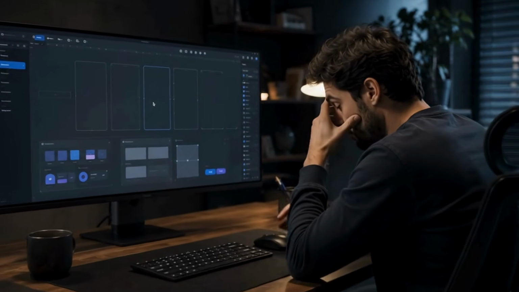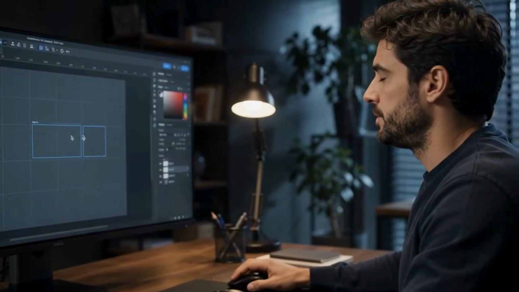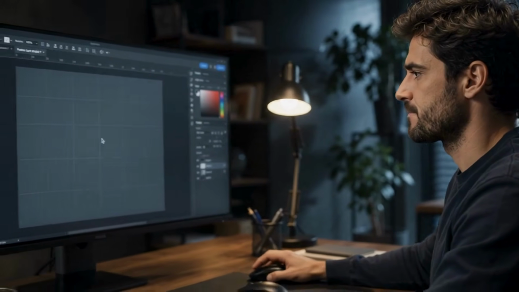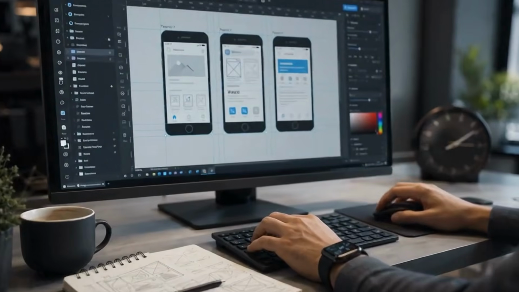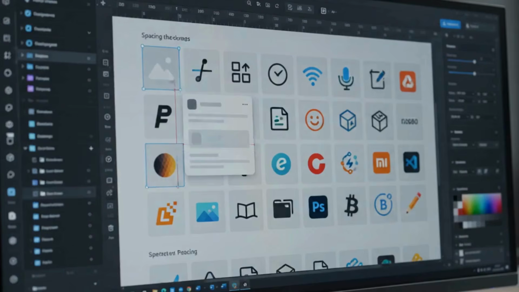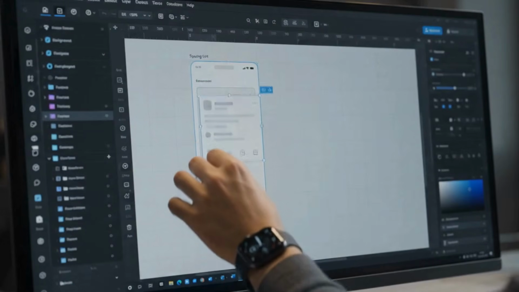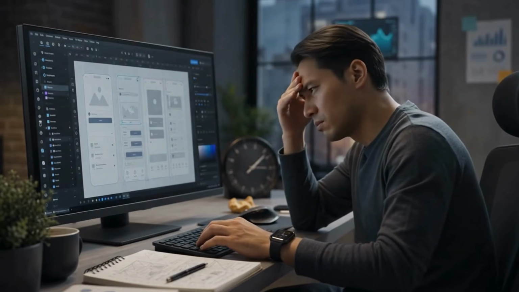Ever had a great app idea, opened Figma, and then spent hours just trying to figure out where everything should go? What if you could start with a simple idea, a screenshot, or even a rough sketch, and turn it into a polished interface much faster? Today, we are looking at